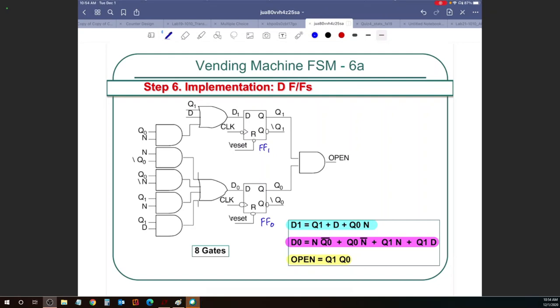That's step 1. Draw however many flip-flops you need. The next step is to look at these equations and implement them on top of the flip-flops. So for example, D1 equals Q1 or D or Q0N. D1 is the input to the D flip-flop, equals Q1, and this is your OR gate, and there is D, that's the dime